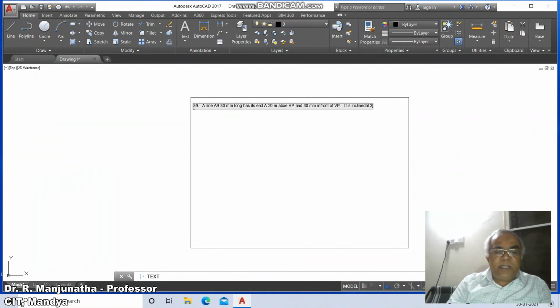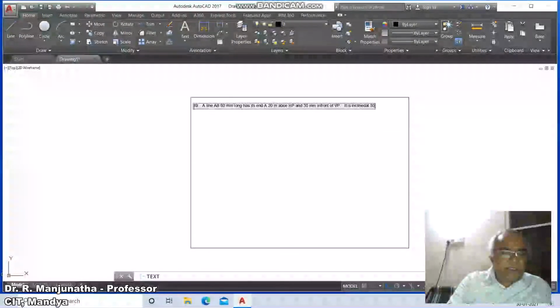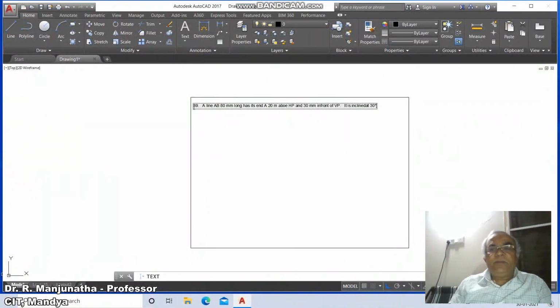To type the degree symbol, type percentage D. So automatically you're going to get the degree symbol, to HP, and 45 degrees, percentage D, get degree symbol, to VP. Then you press enter and give some space and take VP.